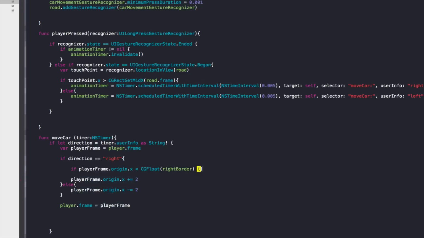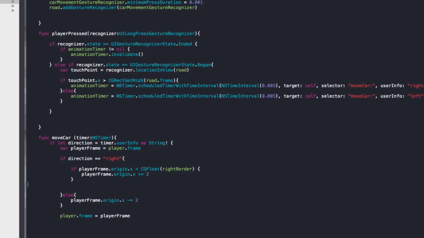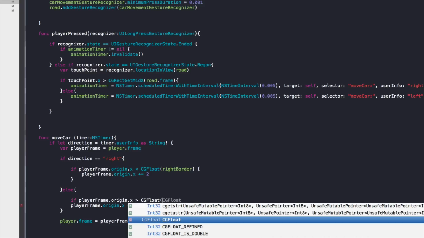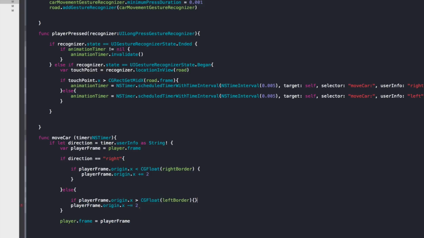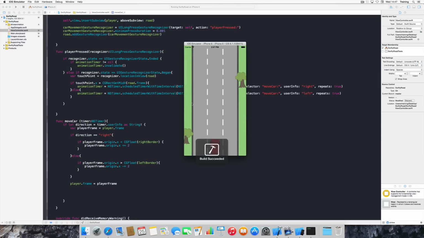Then, only then, do we want to move it even further to the right. And the same thing here if the player frame.origin.x is greater than CGFloat the left border, then we want to move it to the left. And once we run that again, you can see that once I click to the left, the car